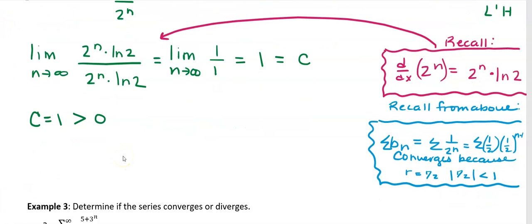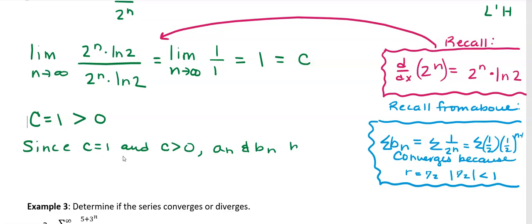So let's do that with our final statement. Since c equals 1 and c is greater than 0, A sub n and B sub n behave the same way, meaning they're either going to converge or diverge, both of them. Therefore, since we know that B sub n converges,